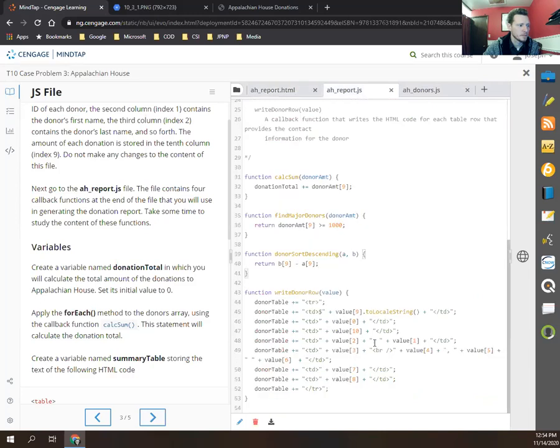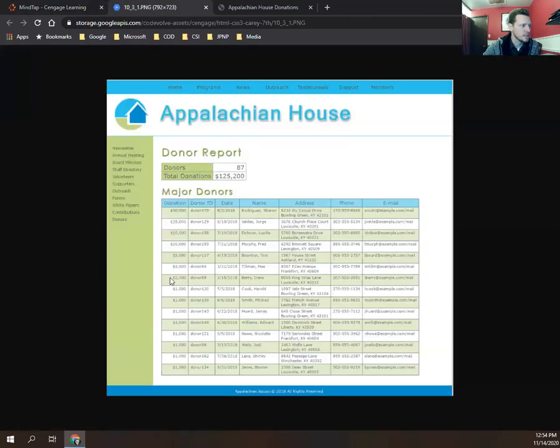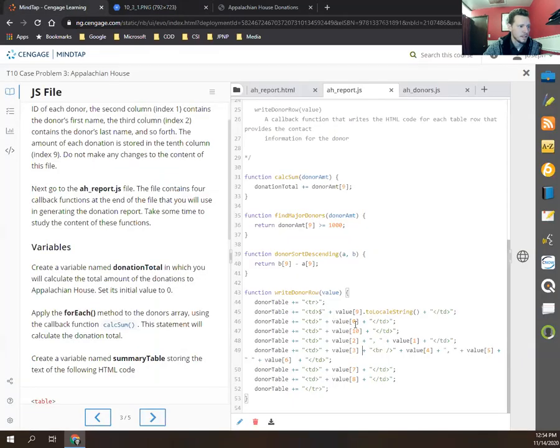Oops, wrong file. Here we go. So that's going to put those all in there, and as we see, it's going to do the donation amount, donor ID, then date, name, first and last in the same box, address, city and state and zip code all in one box, phone number and email, and as we see here, we have the